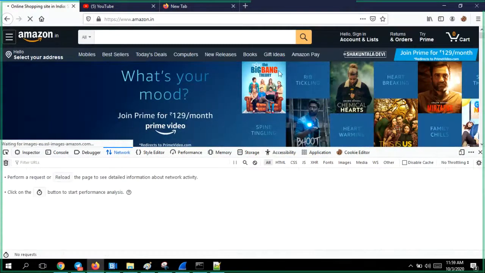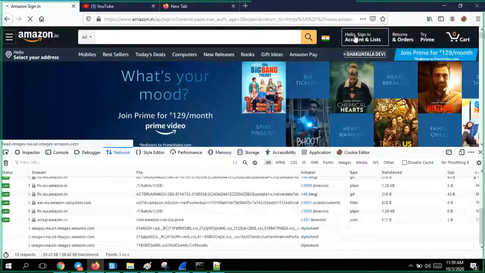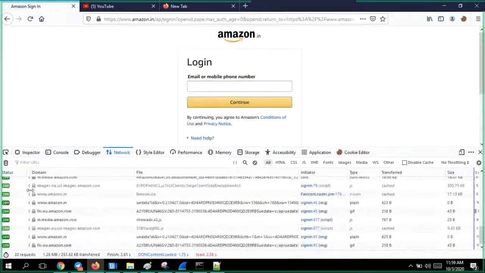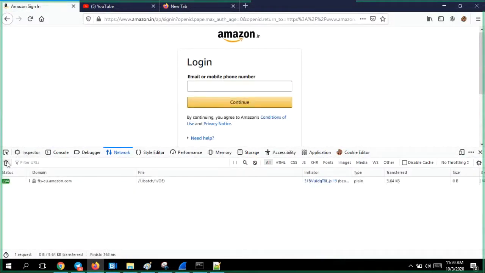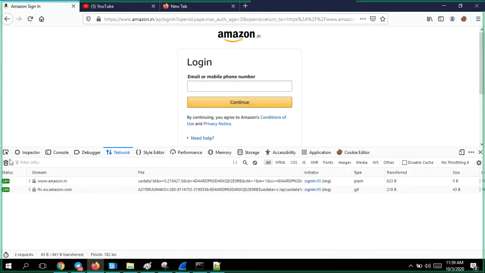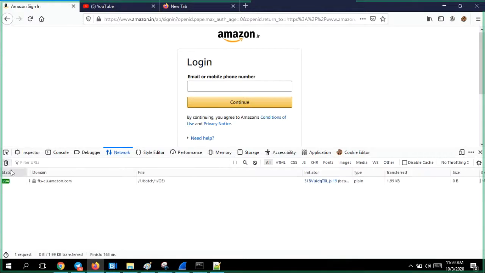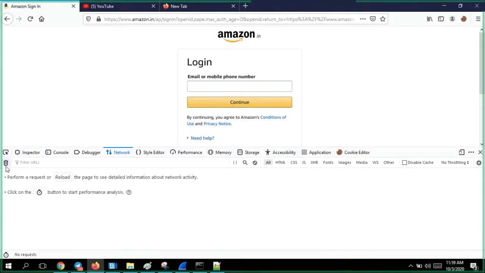I don't want this. I want something here. So many files are coming from the server. You don't require them. See, even I'm deleting some background. Amazon is not a small company, right? They'll be doing a lot of statistical analysis, something which you didn't even know, that these things are happening.